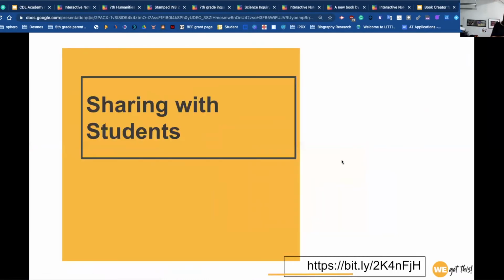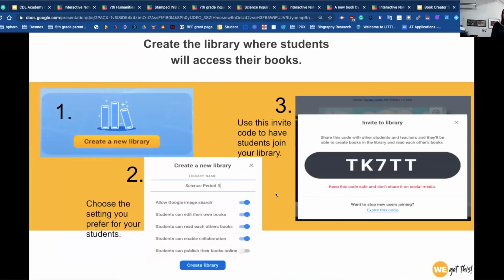Okay, this is the meat and potatoes of what I want to show you, the sharing with your students. So I have some slides that show step-by-step how to do all of the things, but I'm going to do a demonstration also. So the most important thing, once you have your book created, or at least started,